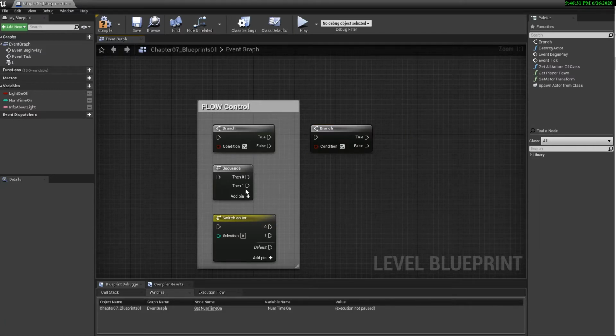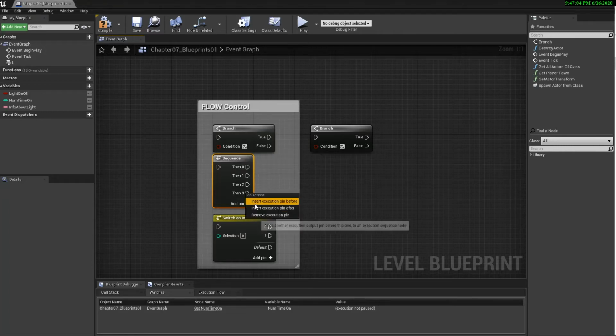Okay, let's talk about sequence nodes. Sequence nodes fire off the pins in sequence. And anytime you see one of these plus signs, that means you can just click there and add additional pins. You can just say 1, 2, 3, 4. So you might want to separate these actions into identifiable things that happen in the level. Maybe you want a door to swing open, and maybe you want an explosion to go off, and maybe then you want to adjust the player's health. So these can be useful. You can also remove pins by right-clicking and just saying remove pins.